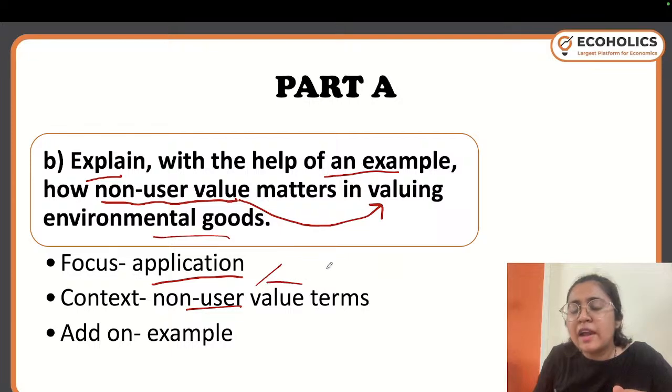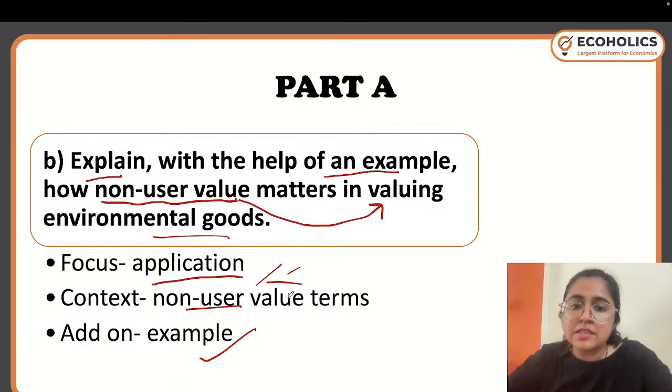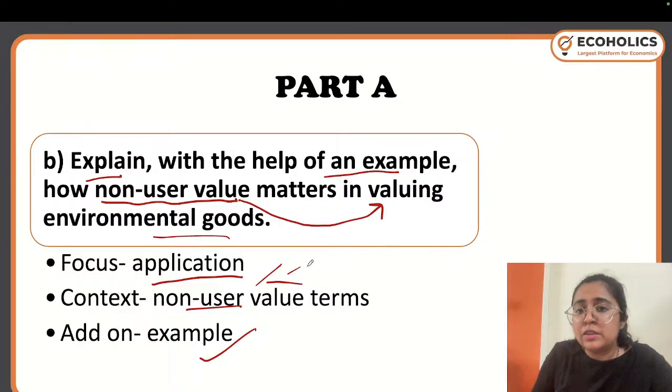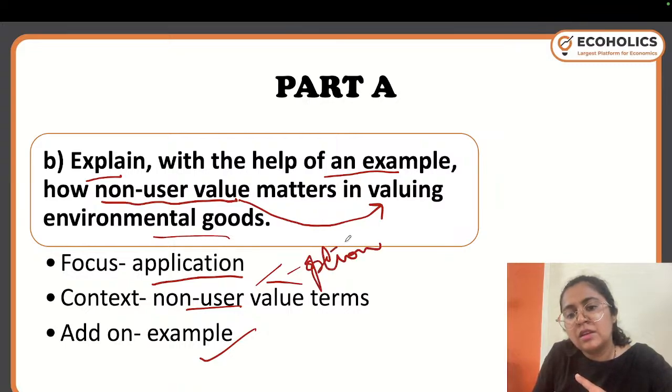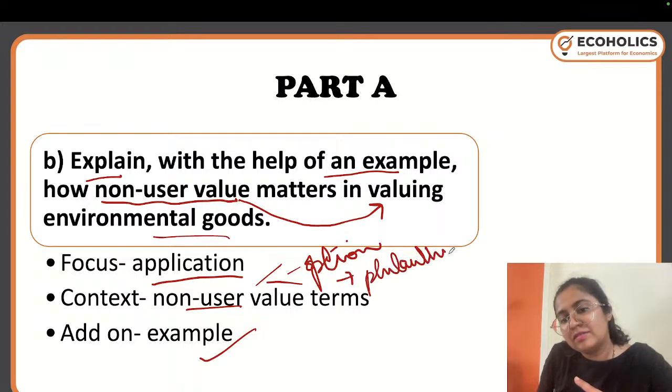Non-user value has different terms through which you can quote good examples. You can also build the whole answer through examples. Non-user values are values that will not be of any direct use to the person, but still have a distinguished value, like option value or philanthropy,